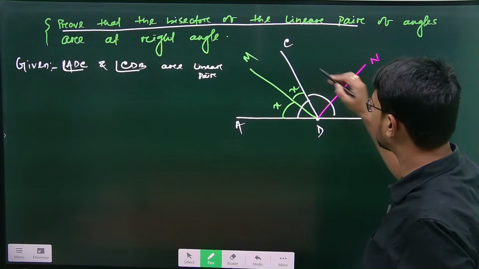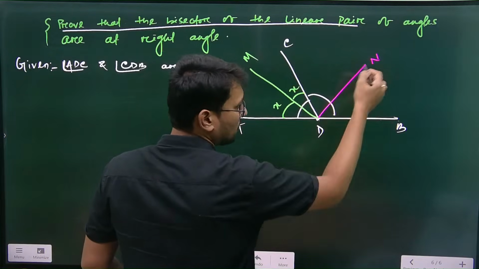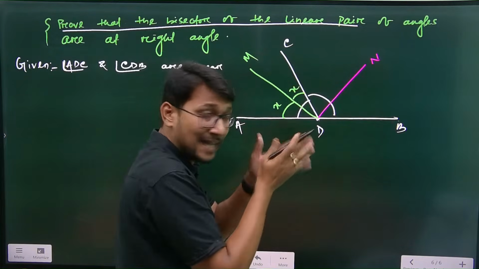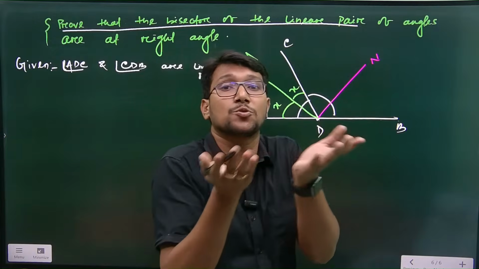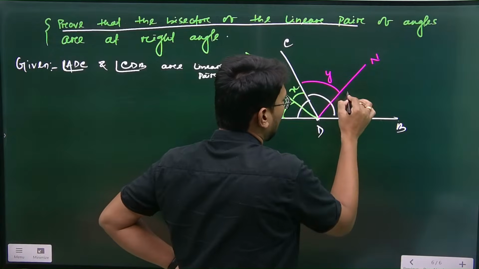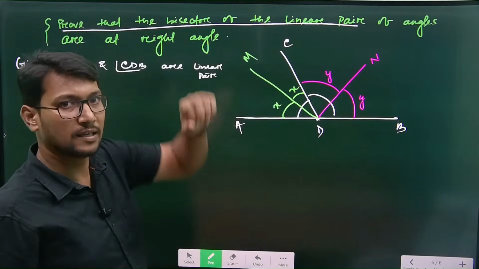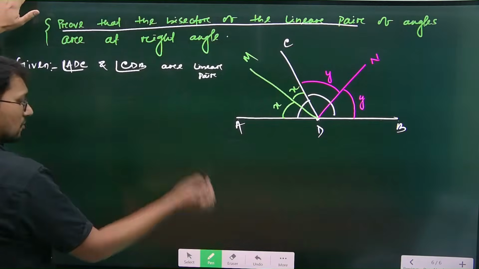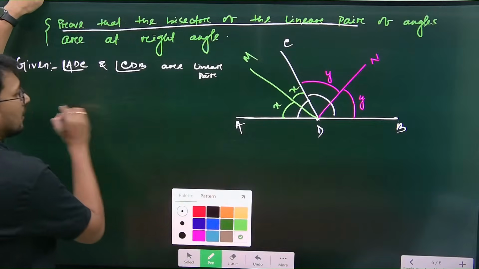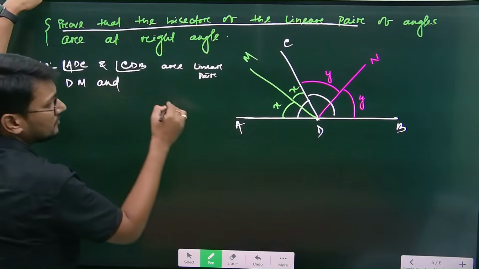DN is the bisector of which one? CDB. The bisector of CDB is which one? DN. Bisector means it is a line segment which divides an angle into 2 equal halves. Meaning, children, if this angle is y degree, this one would also be y. Clear? So now also given we have to include here DM and DN